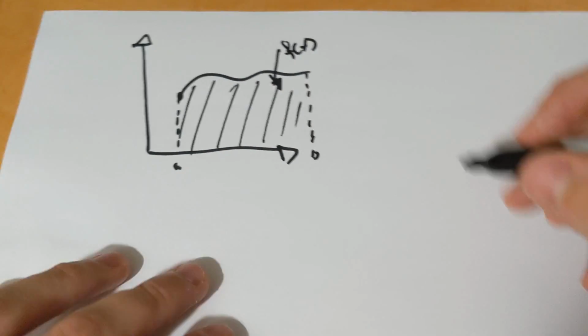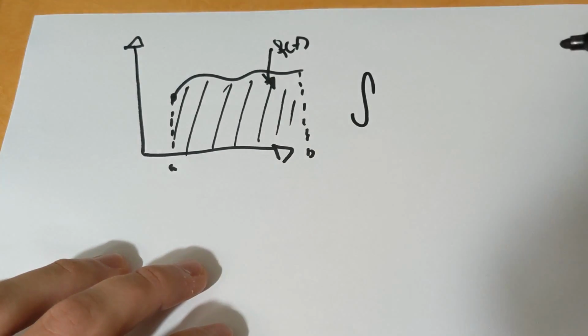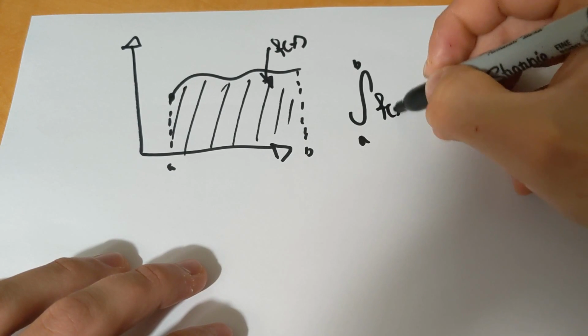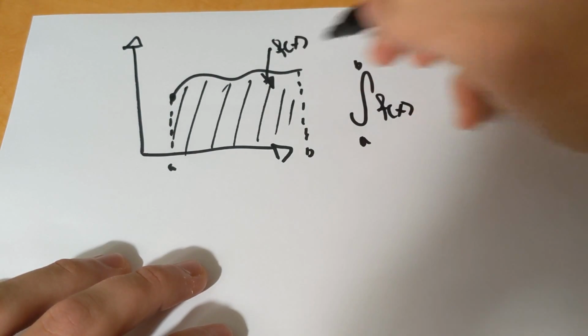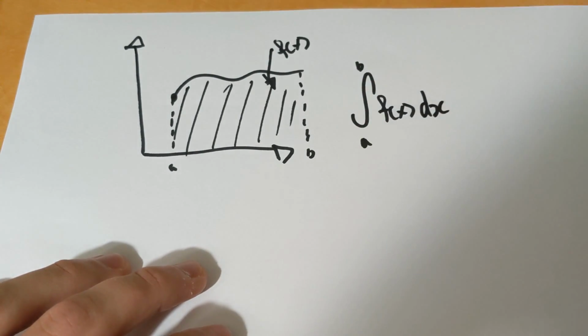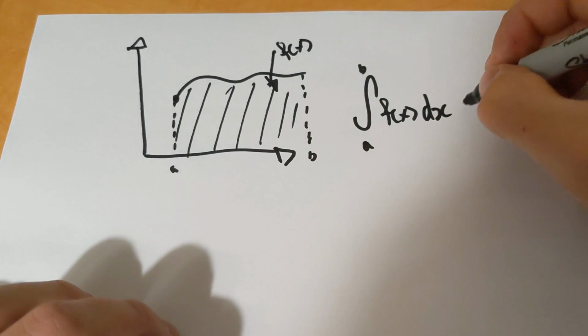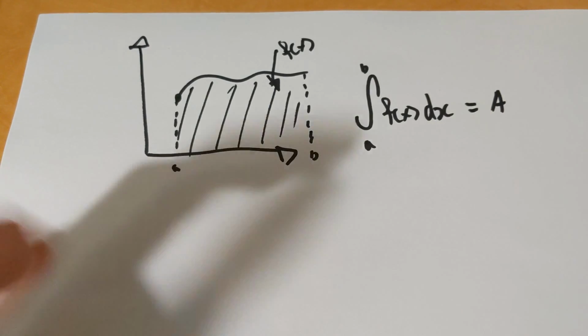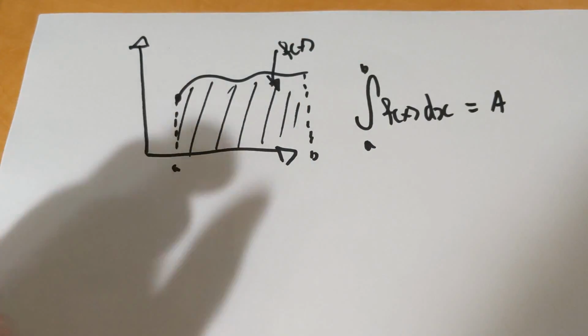Now, to find this area, we could use the integral from a to b of f of x, correct? And we could integrate it, and we get the area. And that's equal to the area. So now, another rendition of that is actually,